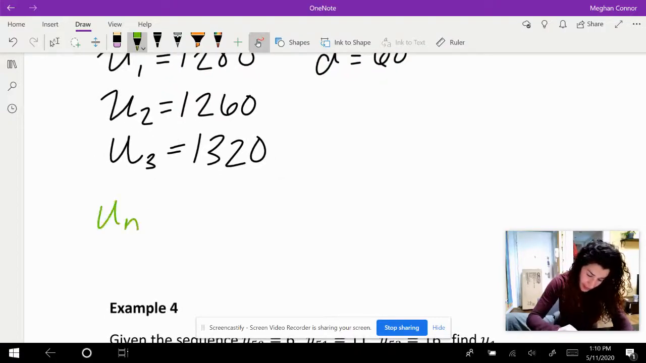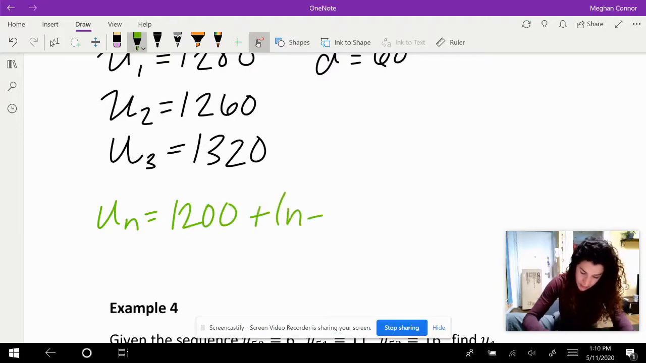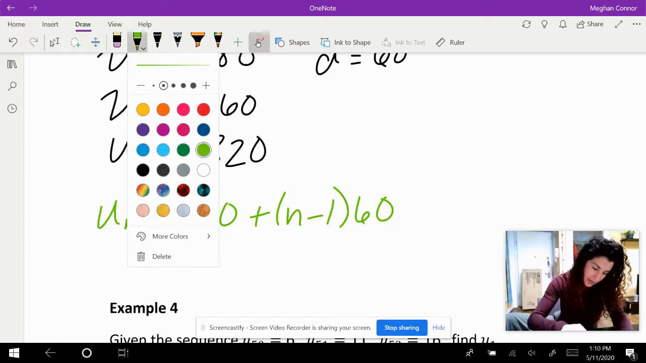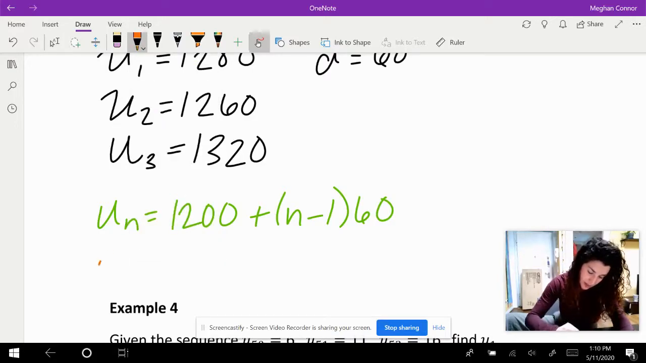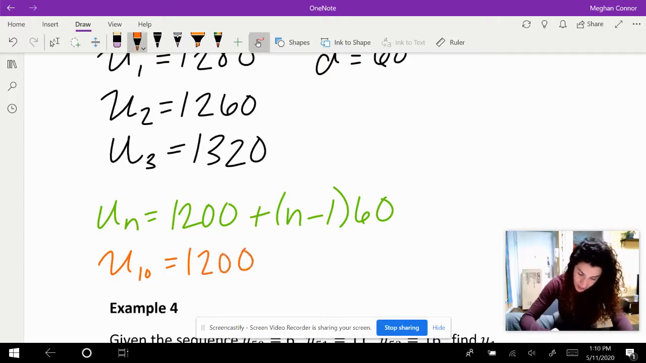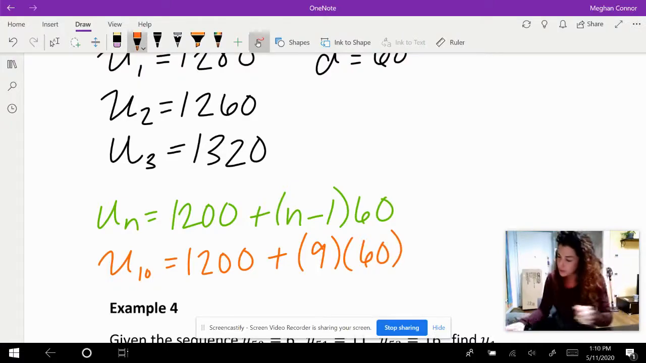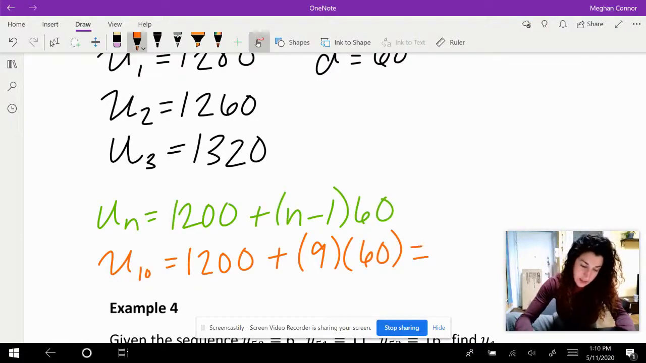So U sub n is going to be U sub 1 plus n minus 1 times your common difference. So then U sub 10 is going to be 1200 plus 9 times 60. Which is